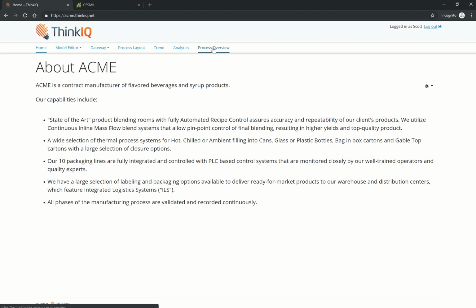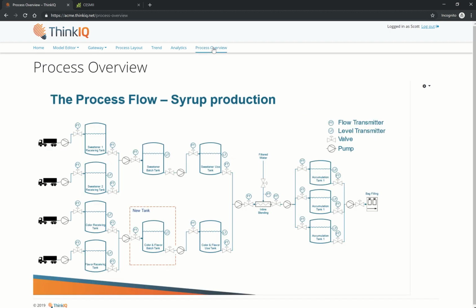If we take a little bit of a look at the process overview, just to acquaint ourselves with this particular operation, it's a fairly simple batching process where there's a series of receiving tanks that introduce different sweetener products, a couple of tanks for colors and flavors. Those particular receiving tanks feed batch tanks, both for sweetening and for color and flavor. Those are mixed together and then used to feed use tanks, which are feeding an inline blending process where the